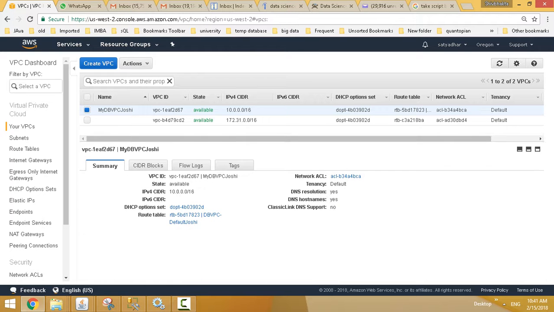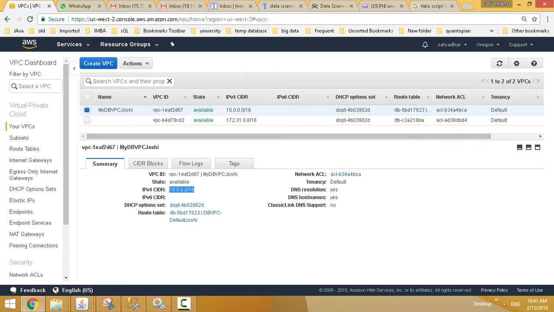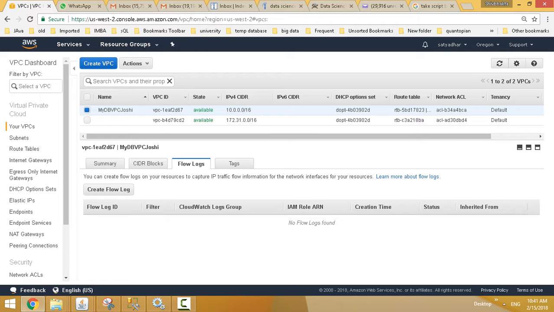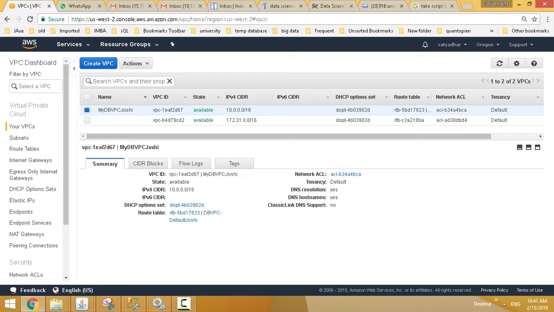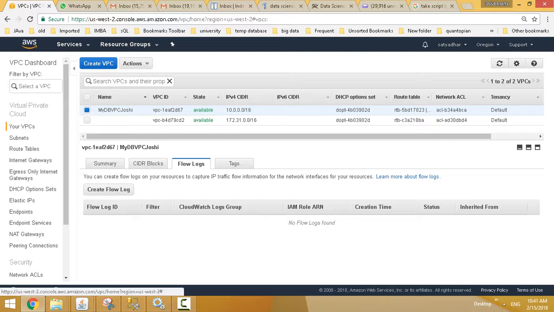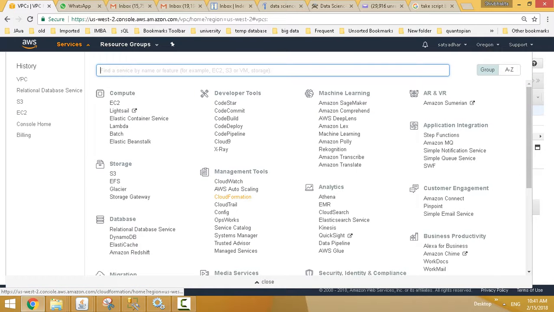So right now I have a private VPC that I'm going to use. I'm going to talk about the configuration a little later. After VPC,